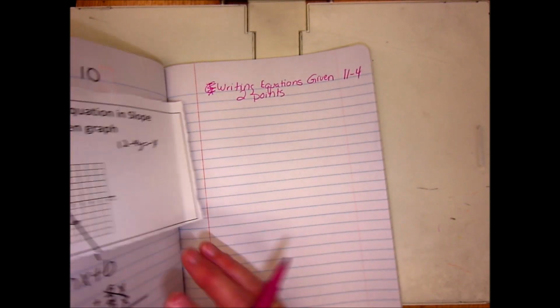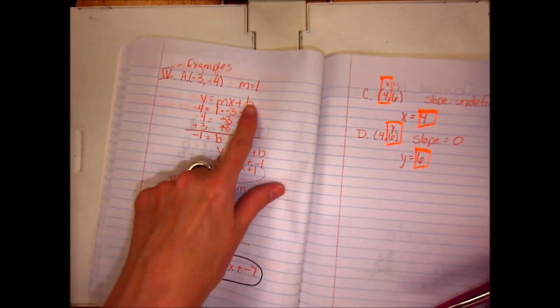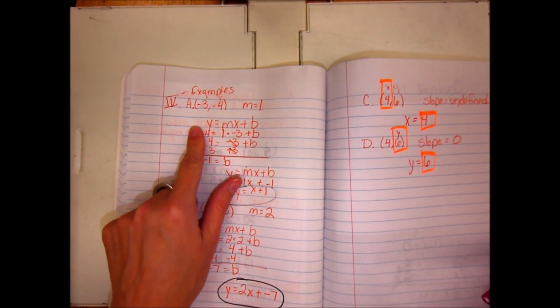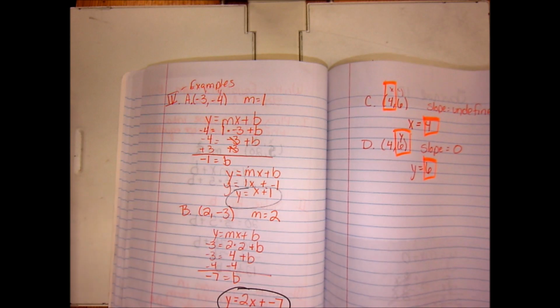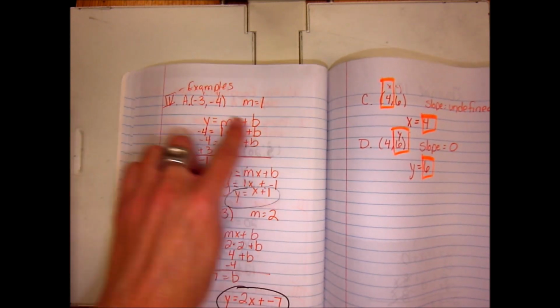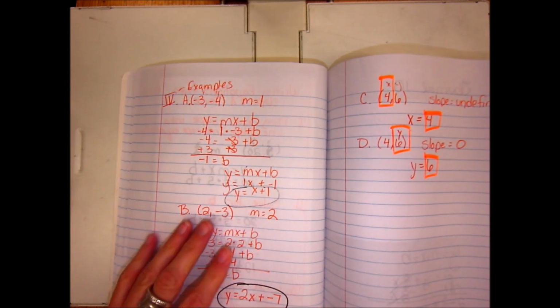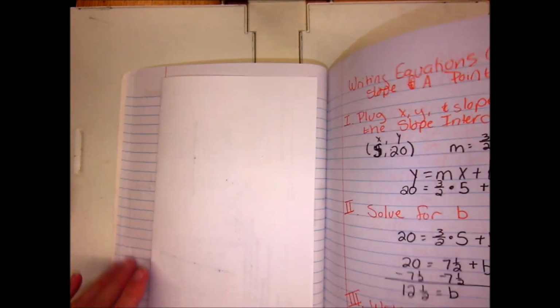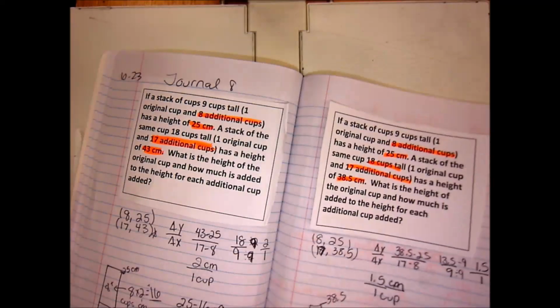We just did if we know the slope and 1 point. Okay, we've already done that. That was what your homework was just on. We know how to plug it in and find the equation of the line. We also know if we have 2 points,